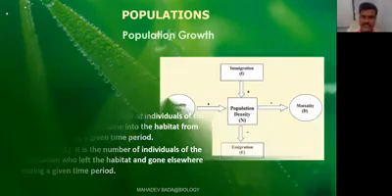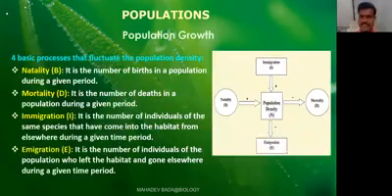Population density is at the center, and on the arrow mark it is indicated with a plus sign. That means it increases. As the number of births taking place in a particular area increases, what happens to the population density? Obviously, it increases. That increase in the population is indicated with a plus sign.